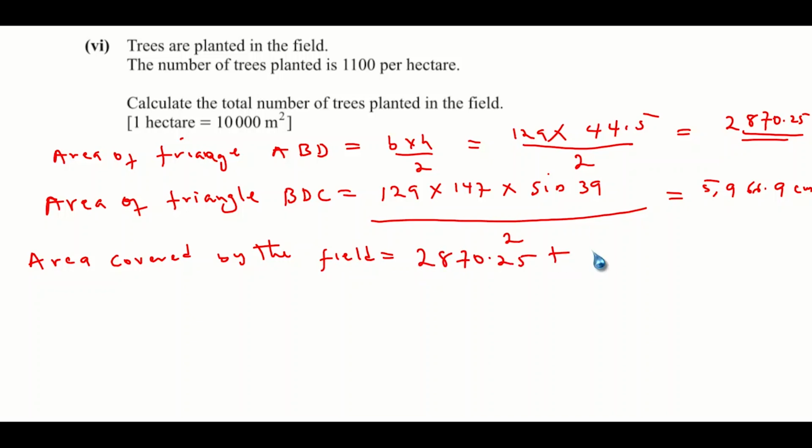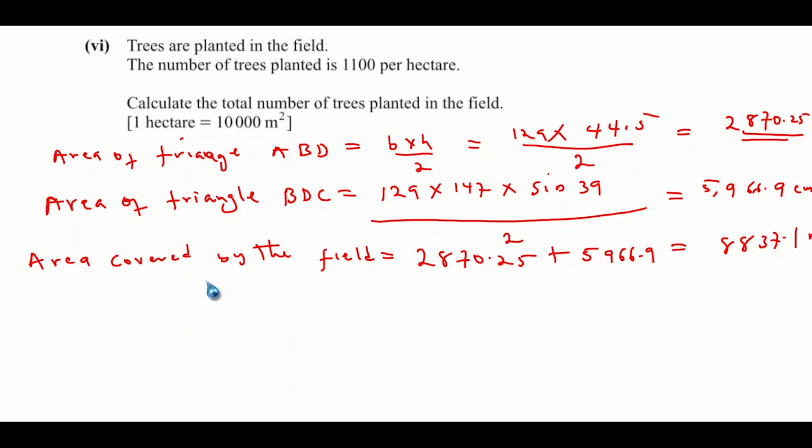That would be 2,870.25 plus 5,966.9, and that will add up to 8,837.1 meters squared. Okay, since I know the area covered by this, then